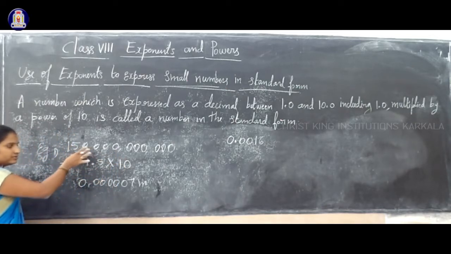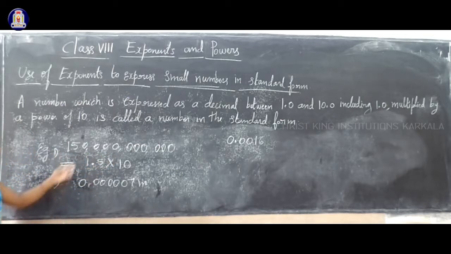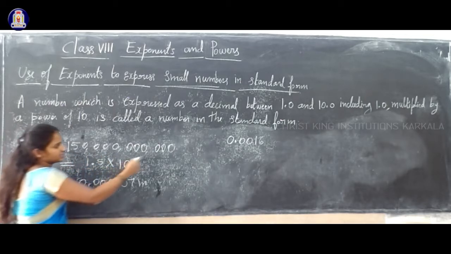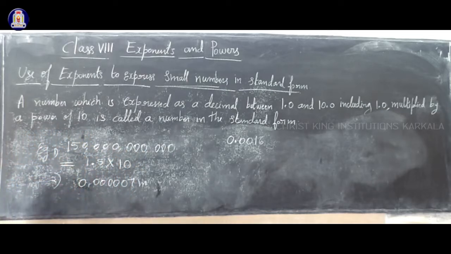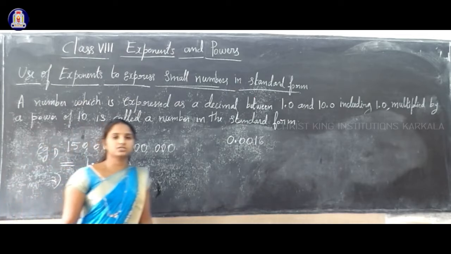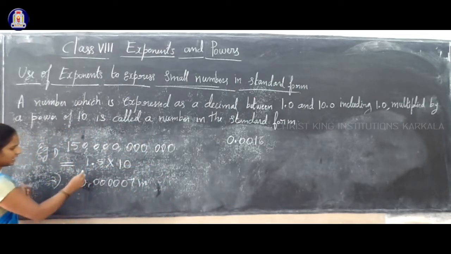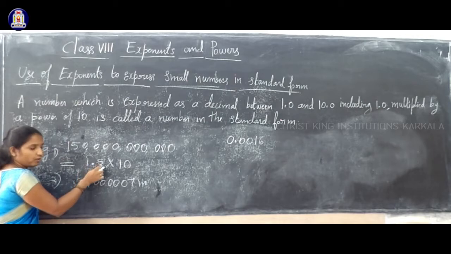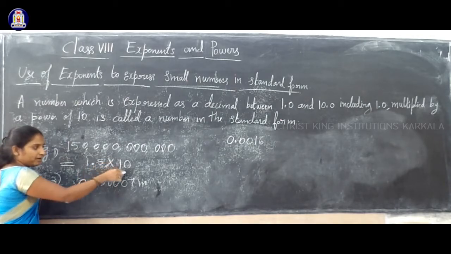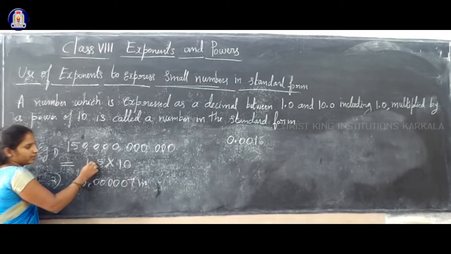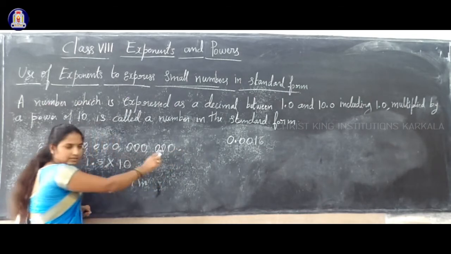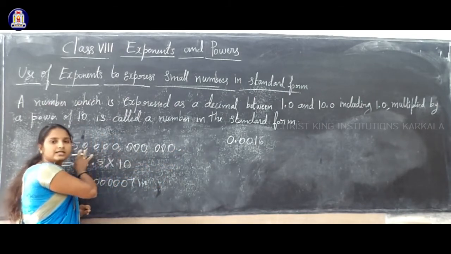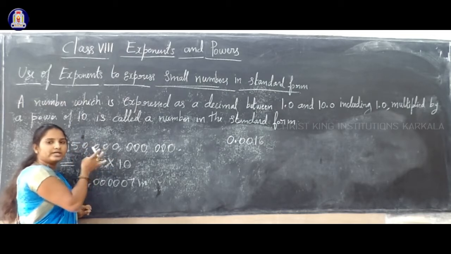So now this given number is a large number, isn't it? Can you read this? How many zeros are there in this? 1, 2, 3, 4, 5, 6, 7, 8, 9, 10. So 10 zeros. Now how can we write this in standard form? We can write it with a decimal point, like 1.5 into 10 power. See how to write the 10 power? The decimal point is actually at the end. In this number there is no decimal point, right? So how can we write it in decimal form?